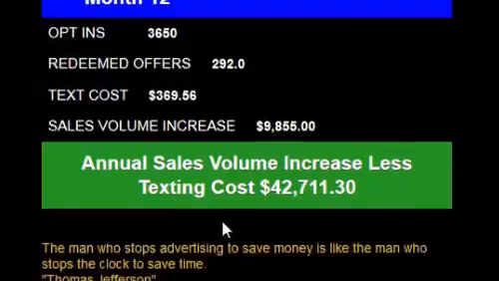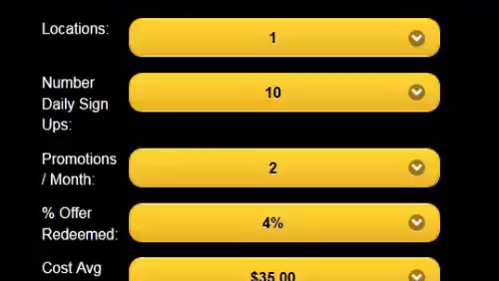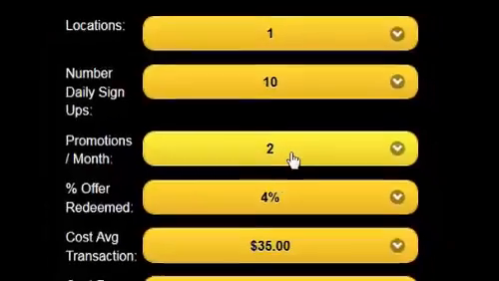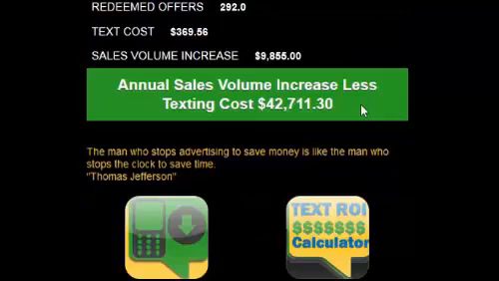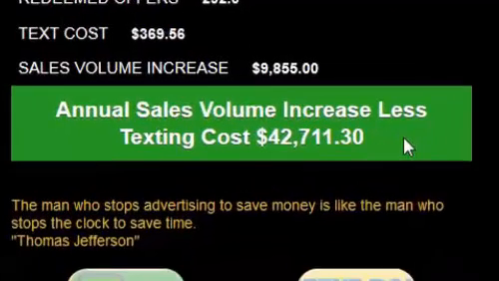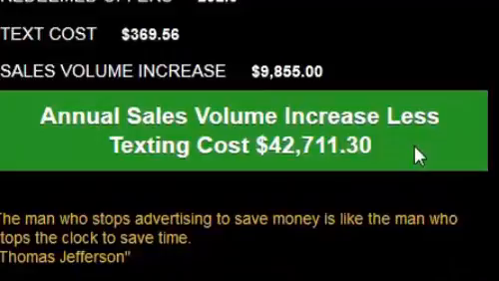Okay, now, based on 1 location, only 10 people coming into your dealership, 2 promotions a month with only a 4% return with an average retail of $35 and a cost of 5 cents per text message, your annual sales volume increase, less text message costs, is